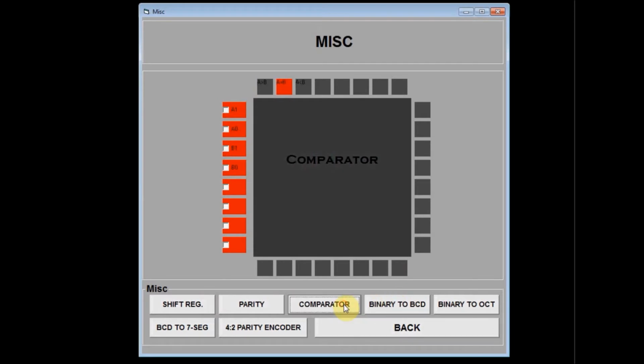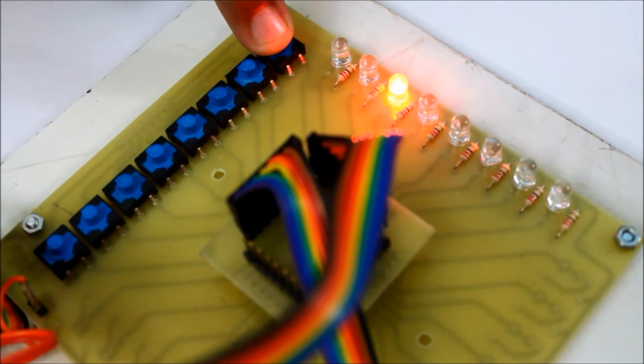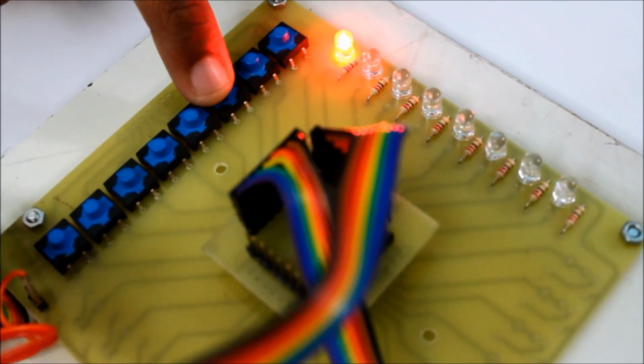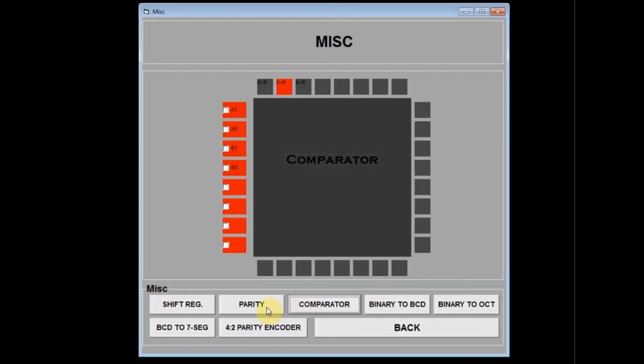We have also provided other miscellaneous options such as shift register, parity, comparator, binary to BCD, etc. The comparator here is a 2-bit comparator. The parity checker shows the even or odd parity.